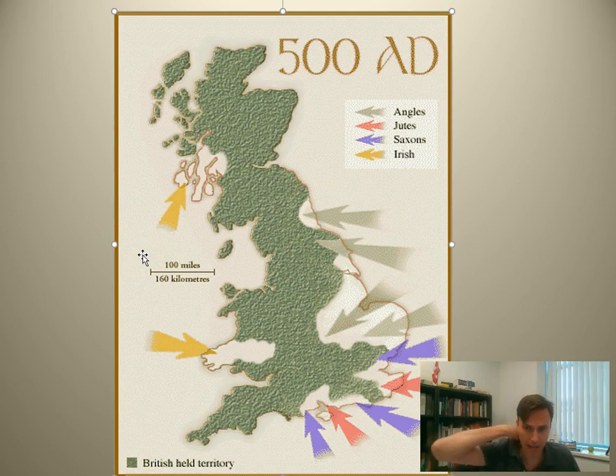The Angles, Jutes, and Saxons spoke a similar language, and we'll talk a little bit about that language, but it was a Germanic language, and they sort of took over this island. It took a while. It wasn't like they just came in right away and said, "Hey, this island's ours now." They came in and they started settling, and there were some battles, and there's a lot of controversy over how much they